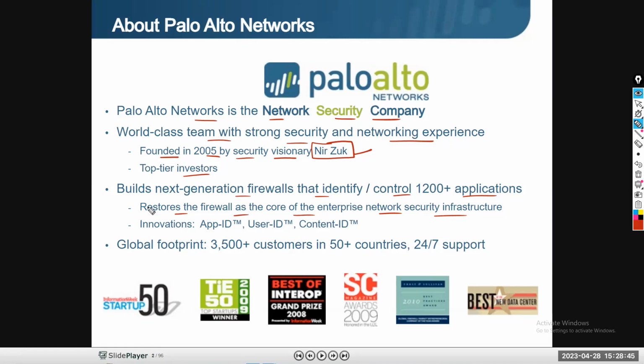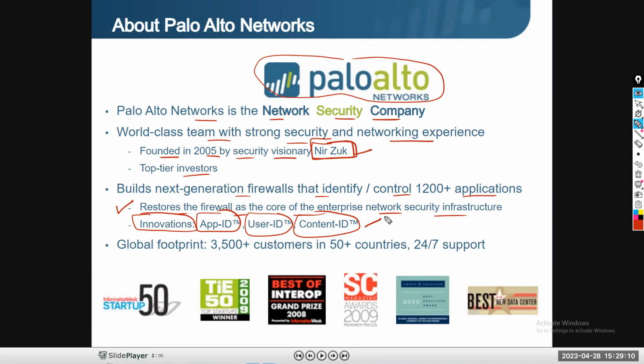These are tremendous applications, which is why it has become more and more popular. One more good thing, guys, is the innovation this guy invented, why Palo Alto is very unique from other firewall companies: your Application ID, User ID, and Content ID.